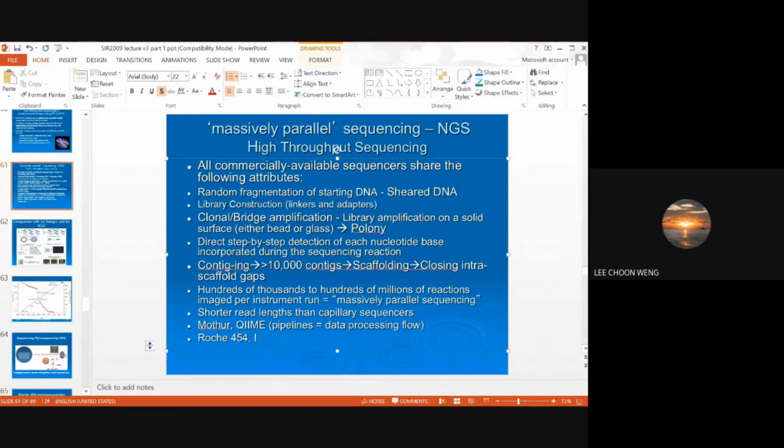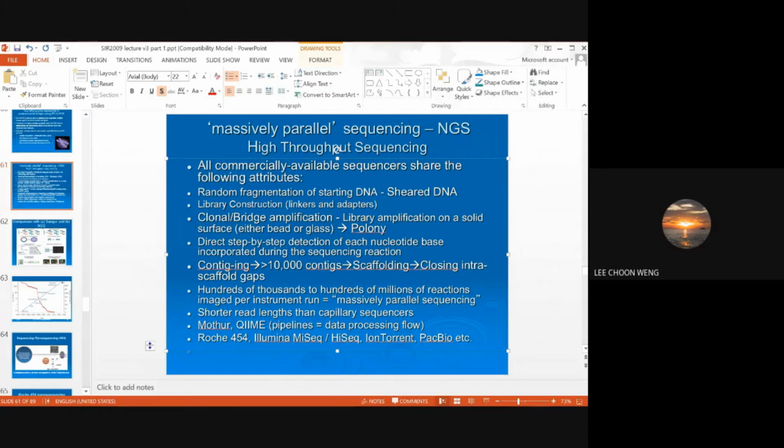You have your Illumina MiSeq, okay, and HiSeq. You have your Ion Torrent. You have your PacBio. Okay, even now, and so on. Lots of different platforms. So when they compare the different platforms,